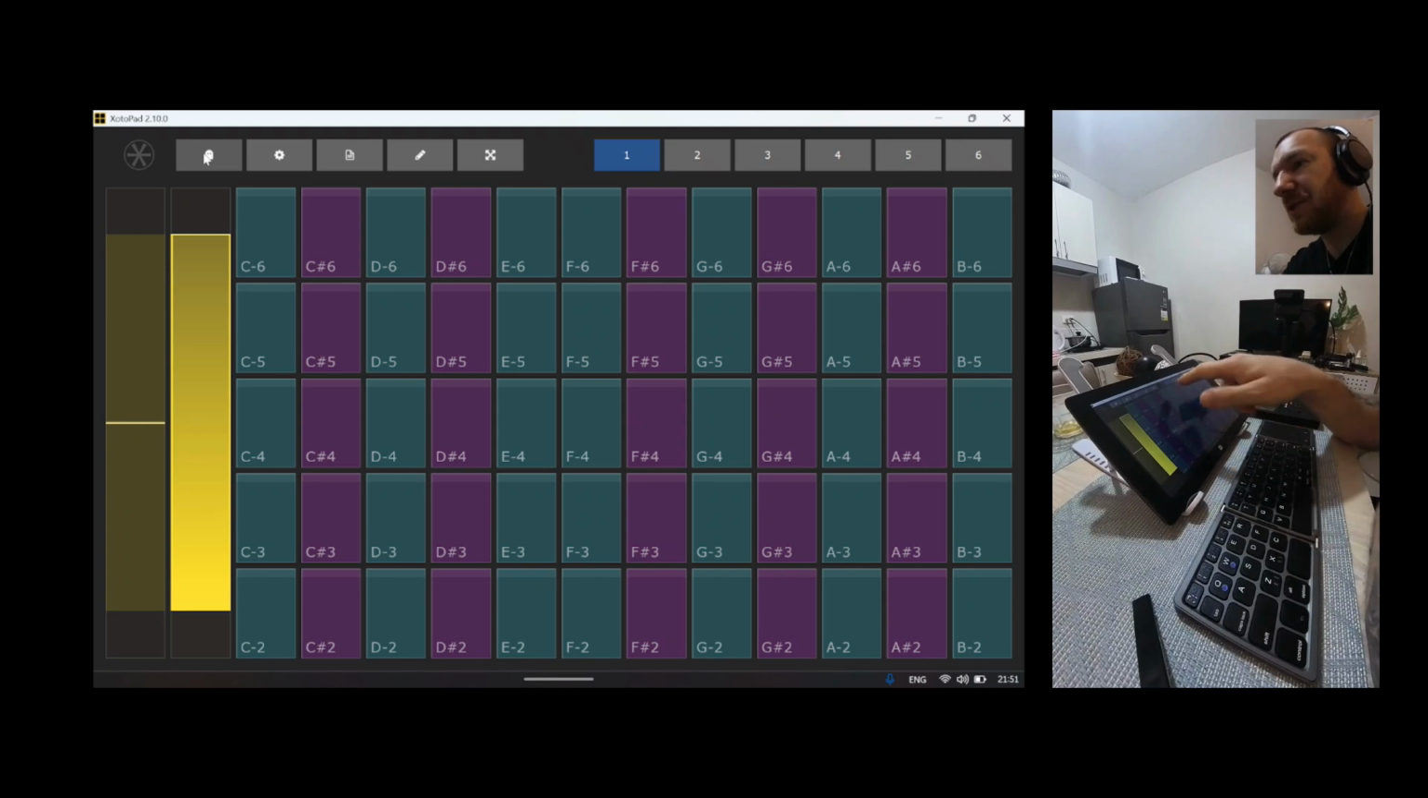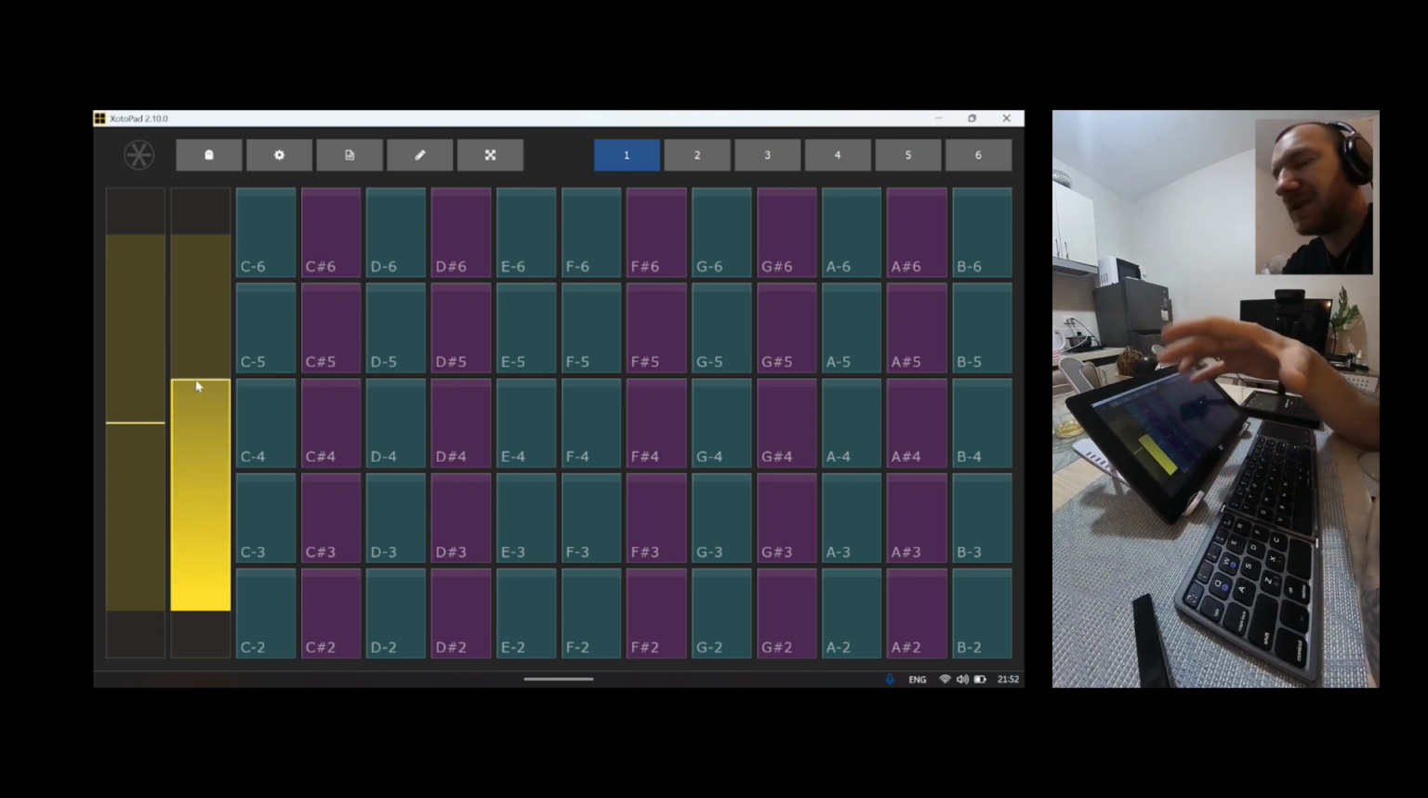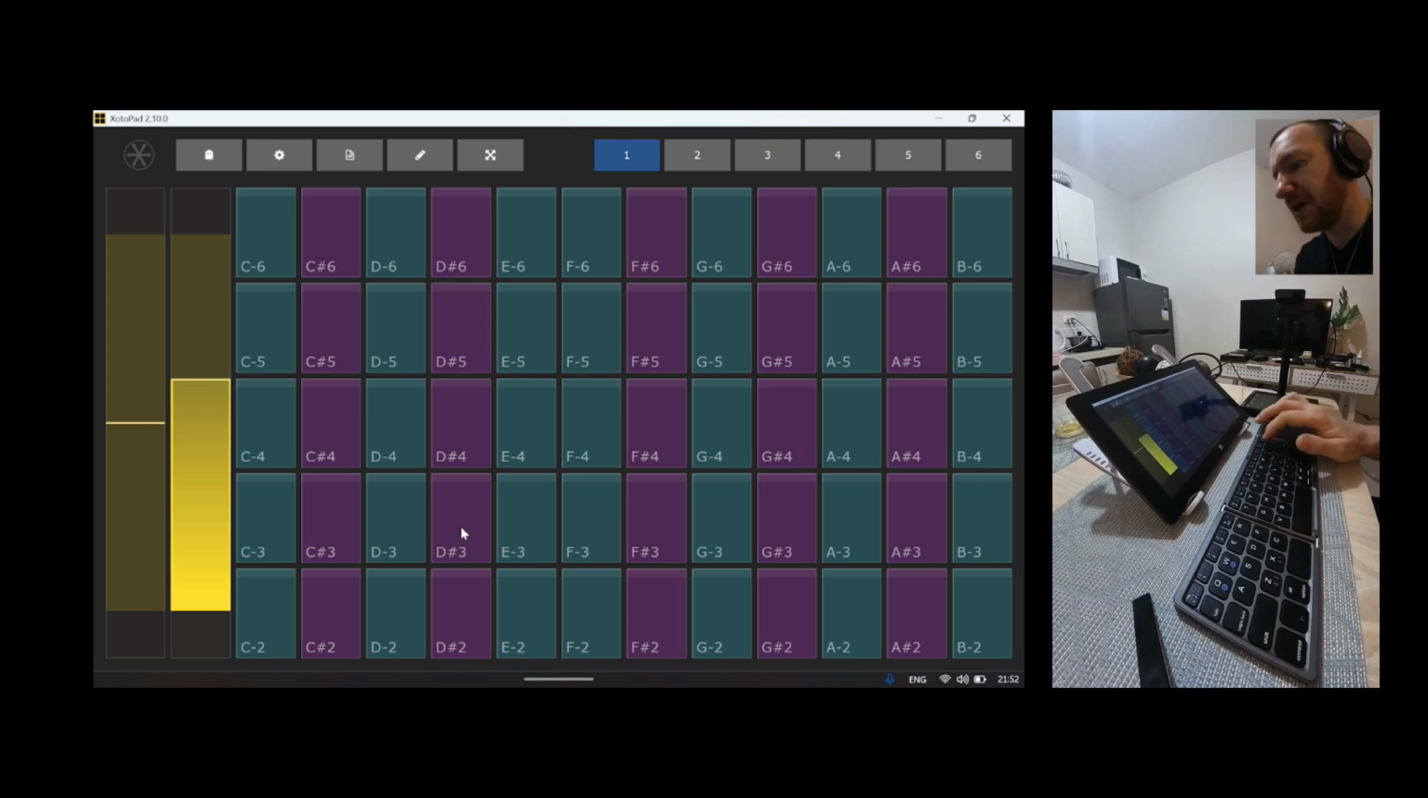For example, the first page is set to chromatic. I already set up all of those 6 pages before I made the video because I like to be prepared. The first page in this case is pitch modulation, which doesn't do anything for now, and we have the whole chromatic mode on 5 scales, so C2, D2, and if you